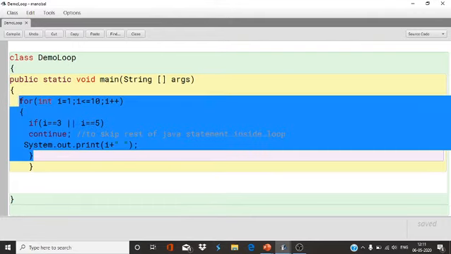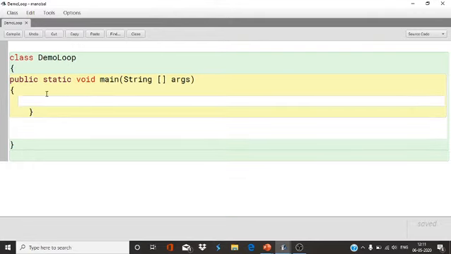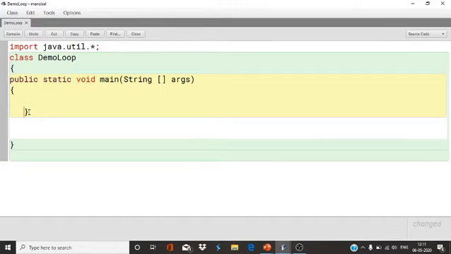So for that, first input a number. Import java.util.*, I will take the util package because it is the easiest one. That's why I always prefer to use the util package.